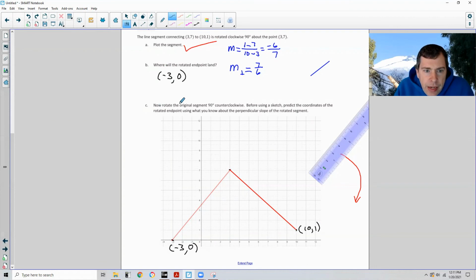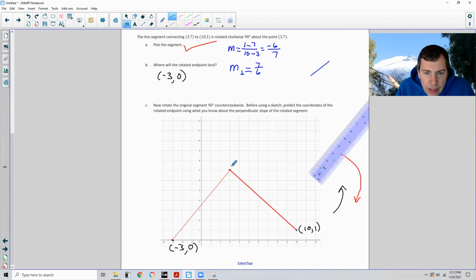And then C says, now rotate the original segment 90 degrees counterclockwise. So the original is here. They want us to rotate it this way now, up here. Well, it's going to be a straight line of the same length ending up somewhere up here. So it says, before using a sketch, predict the coordinates of the rotated endpoint using what you know about the perpendicular slope of the rotated segment. So I know it's going to be an extension of this line going up. So since this is going up